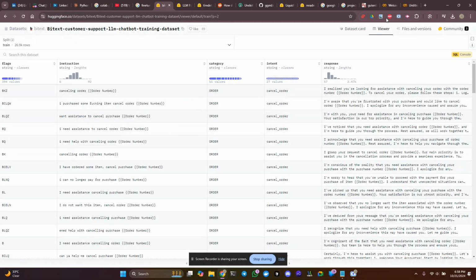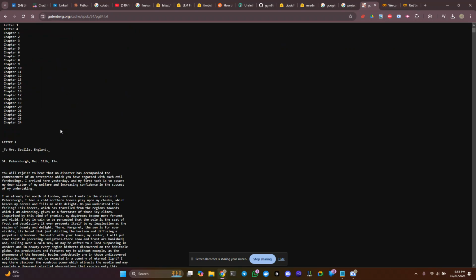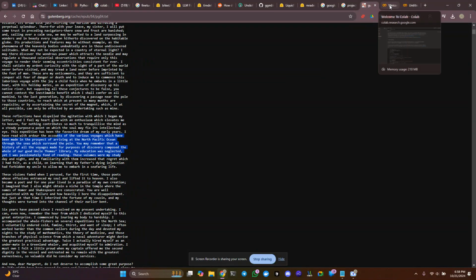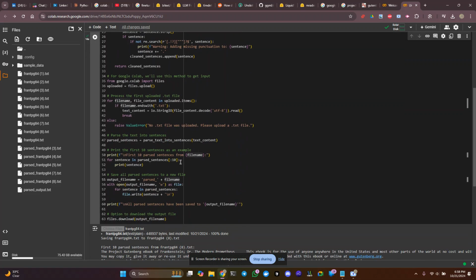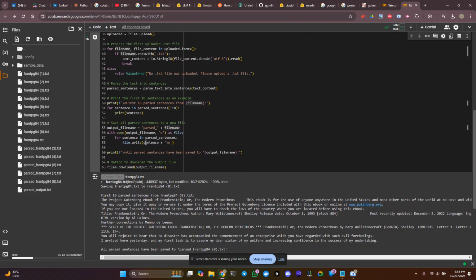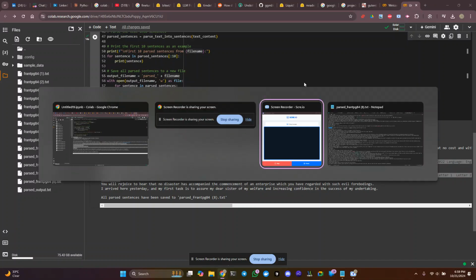I've got a smaller goal. I wanted to parse Mary Wollstonecraft Shelley's Frankenstein into an expert model on an LLM. And I realized I needed to get this text into a CSV file. So what I did, and I will share this file with you in the description, is it allows you to choose the text file, and then it outputs the text as a single sentence per line. And I'll show you that here.